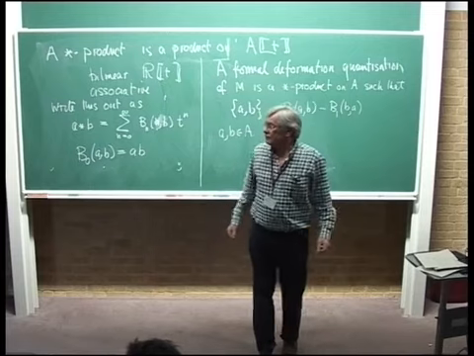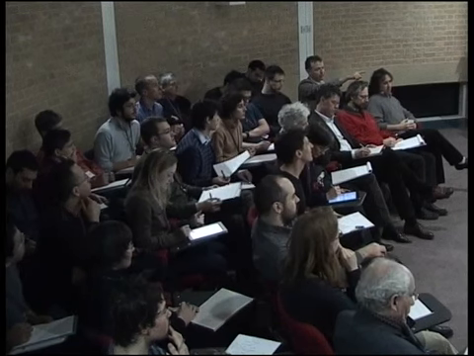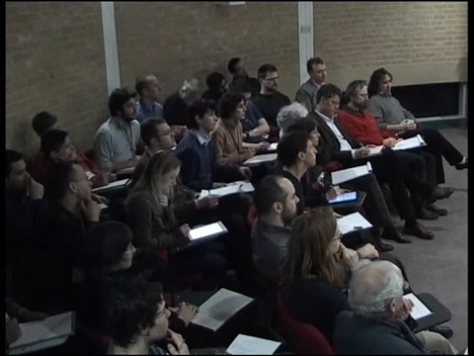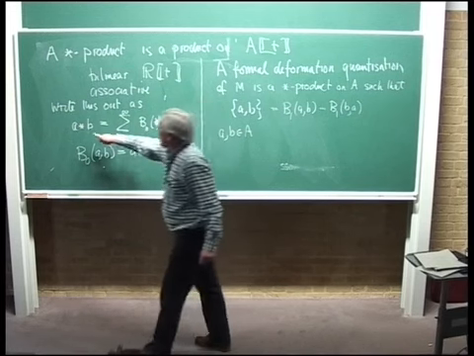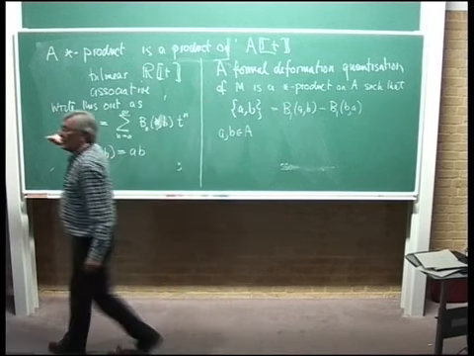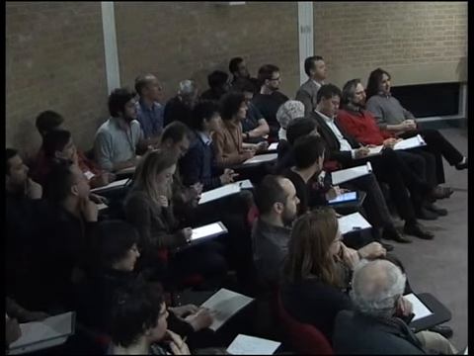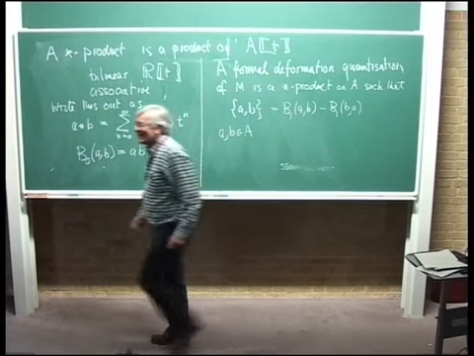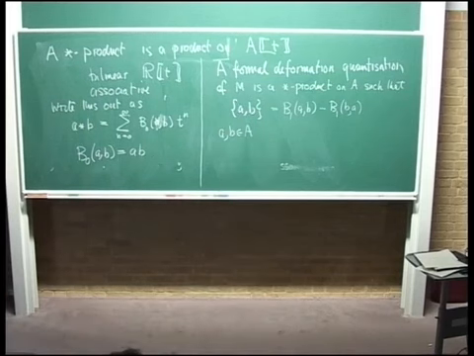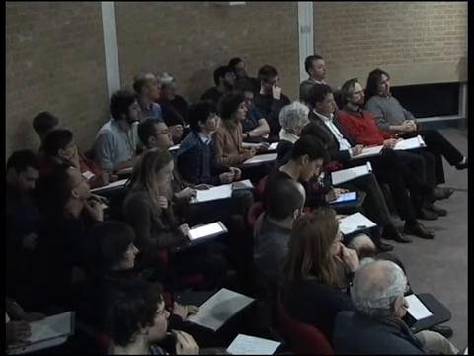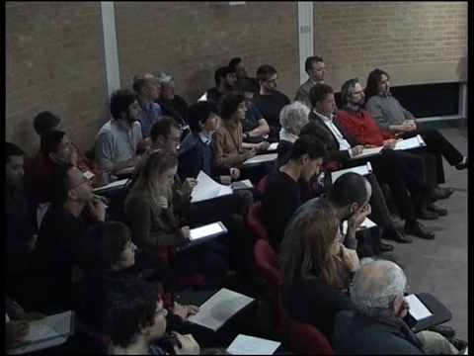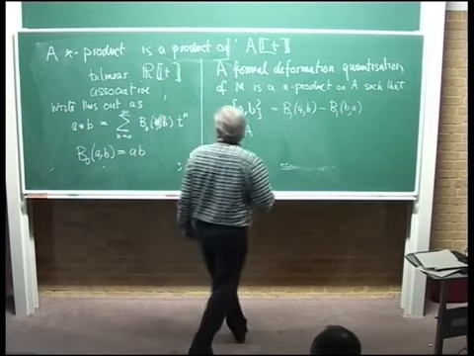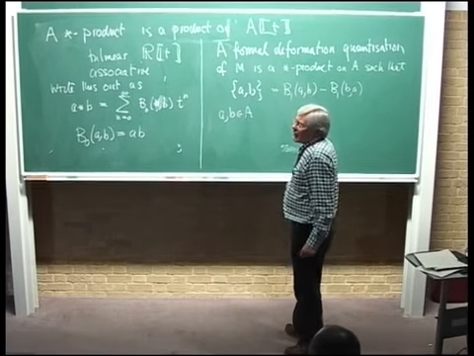To emphasize the deformation aspect, would you label this star operation with a subscript T? Well, T is in it, right? So you want to write A star B of T, or actually star subscript T, to label the operation. You might do. I'd prefer not to, if you don't mind. Because you made this identification, I was going to say star subscript 0 is your trivial product, AB. Yeah. Well, then I would probably want to. Okay, I could if you want to. Yeah, but I'd prefer not to, if you don't mind.